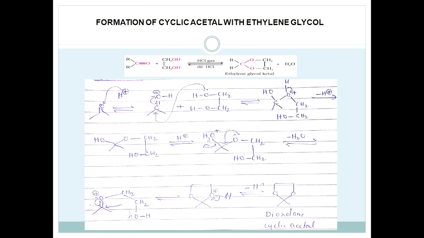In this mechanism, dry hydrogen chloride or para-toluenesulfonic acid protonates the oxygen of the carbonyl compounds and therefore increases the electrophilicity of the carbonyl carbon. This facilitates the nucleophilic attack of ethylene glycol. Therefore, the acetals and ketals are hydrolyzed with aqueous mineral acids to yield the corresponding aldehydes and ketones respectively.